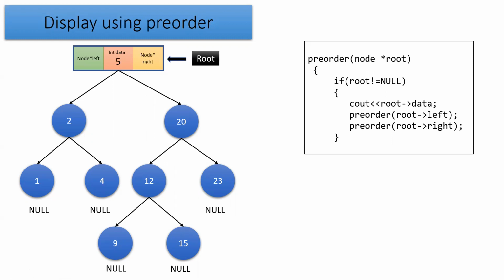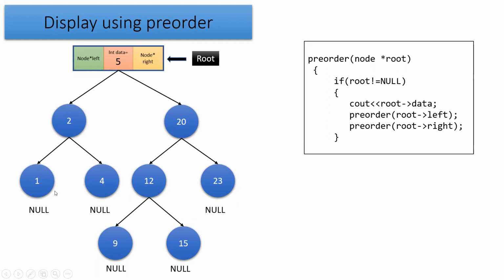Pre-order traversal is nothing but what? The binary tree we can display with the help of three traversal techniques: pre-order traversal, in-order traversal, and post-order traversal. Today we'll focus on the pre-order traversal. In pre-order traversal, the technique is first we have to visit the root node, then the left side, and then the right side. The mnemonic we can say is the DLR technique. D, L and R.